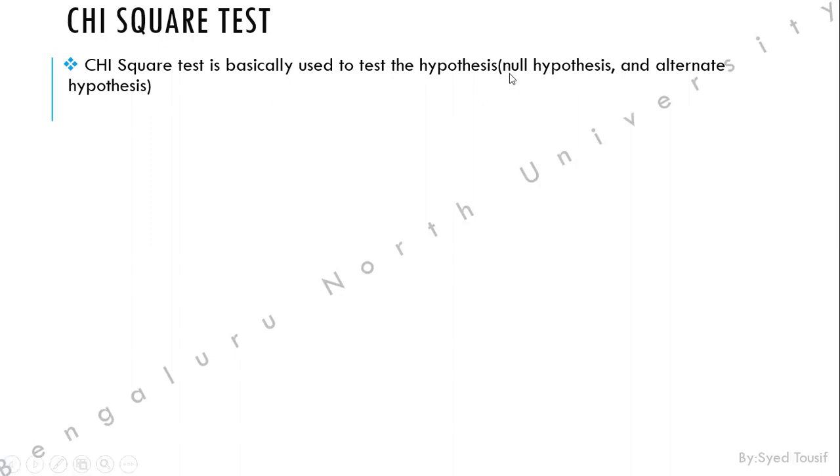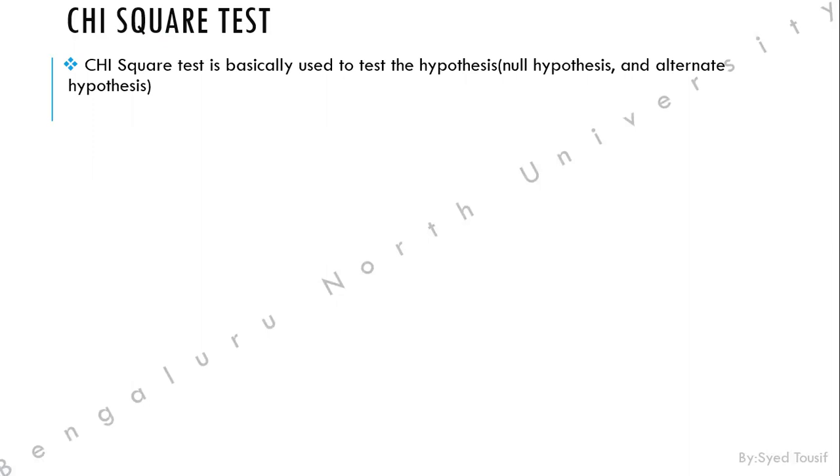Take an example: the manufacturer says that the mean life of an LED bulb is 20 months. The alternative hypothesis says no, the mean life of the LED bulb is not 20 months, it is lesser than that. So for that, we will test a population. We'll take a sample from the population. For example, the manufacturer has made 1000 units, but we'll take 100 units for sampling, and then we'll perform some test.